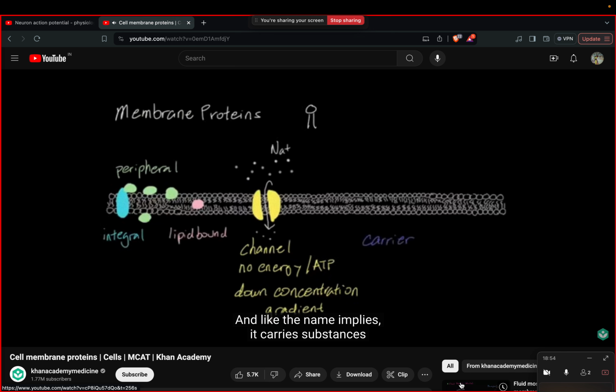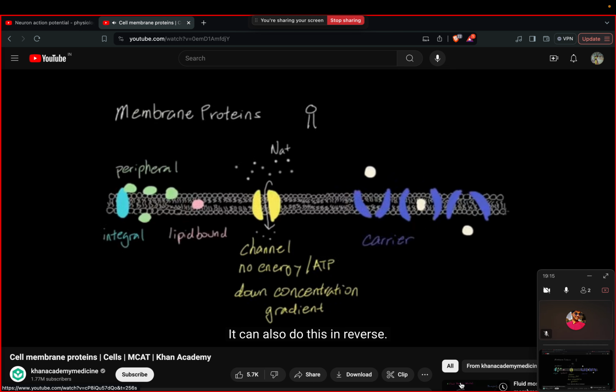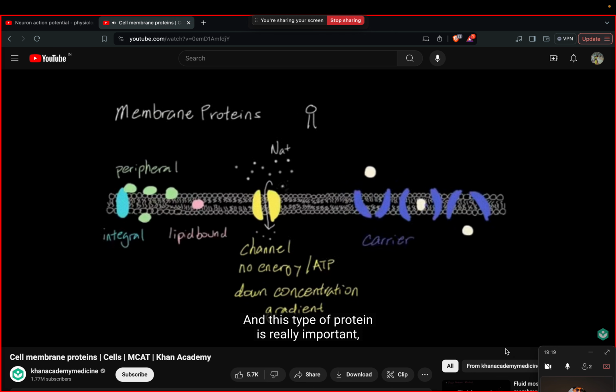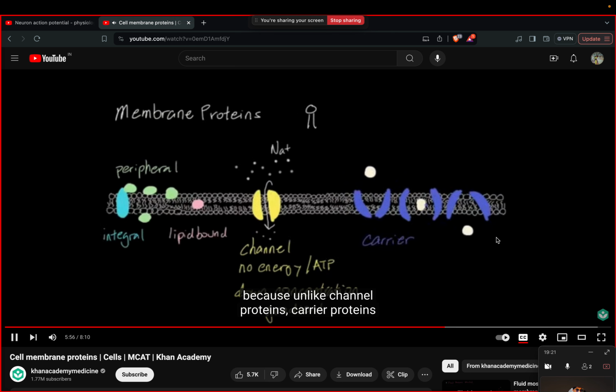The second type of very important integral protein is called a carrier protein. And like the name implies, it carries substances into the cell. I kind of picture it like a baseball glove, like this. So if there's a molecule that's outside the cell, and the cell actually needs this molecule, what the carrier protein will do is it'll actually protect this substance so that it can enter the cell safely. It can also do this in reverse. It can take something inside the cell and pump it outside the cell. And this type of protein is really important because unlike